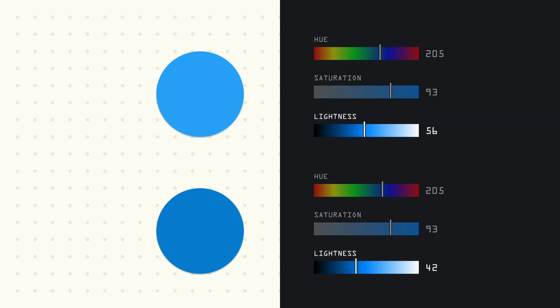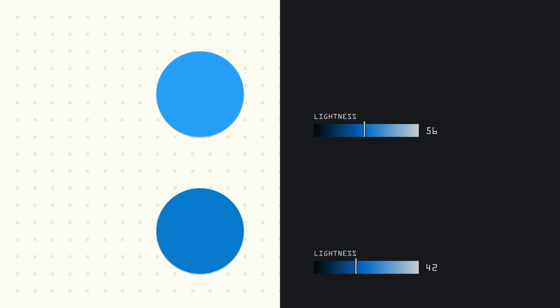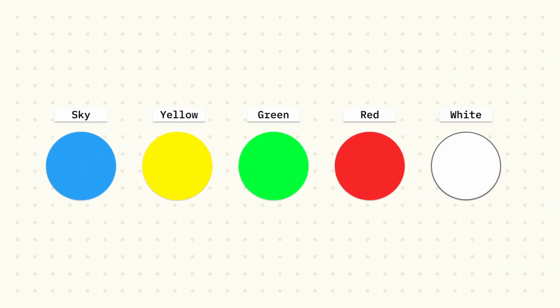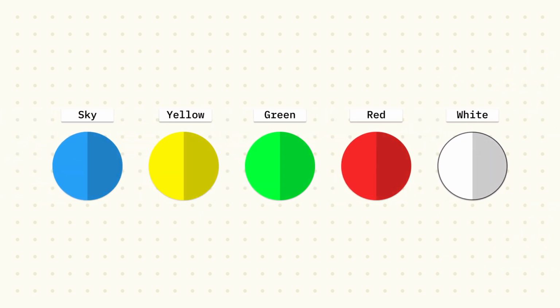To do that, you take the color that you wanted to transform and the auxiliary color that you picked for the press glow, turn both from RGB into HSL, and check their lightness values to see what the difference is between them. Good. Now you can go ahead and apply the same lightness change to the other colors.